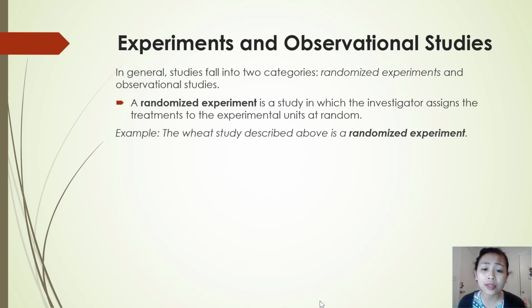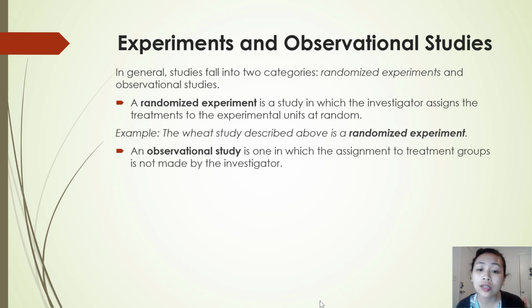For example, the wheat study described above is a randomized experiment. An observational study is one in which the assignment to treatment groups is not made by the investigator. So the difference is that the treatment for randomized experiments is assigned by the investigator, but for observational studies the treatment is decided by